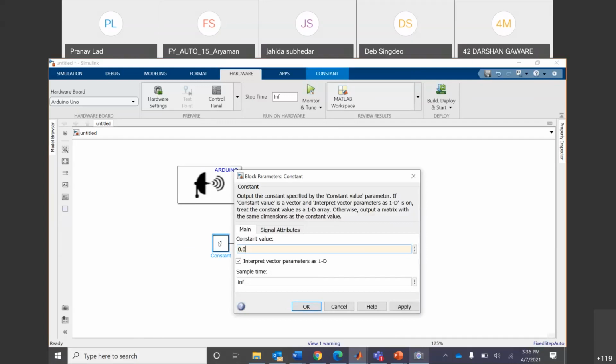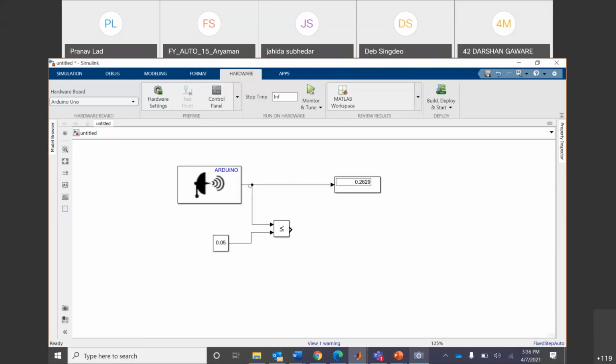If I define this constant as, say, 0.05, this operator is checking if this value is less than 0.05 or greater than 0.05. If it is less than 0.05, it will either give you 0 or 1, right?